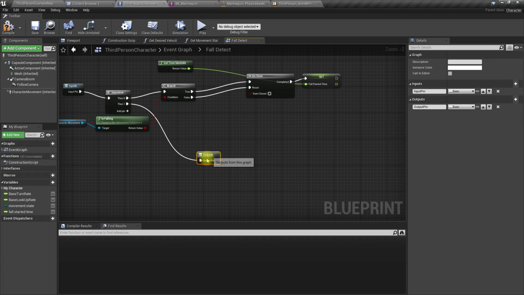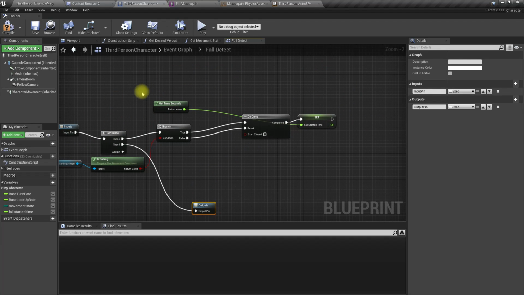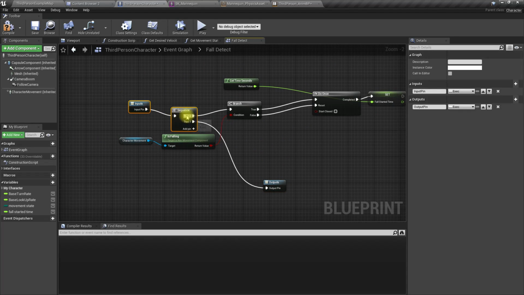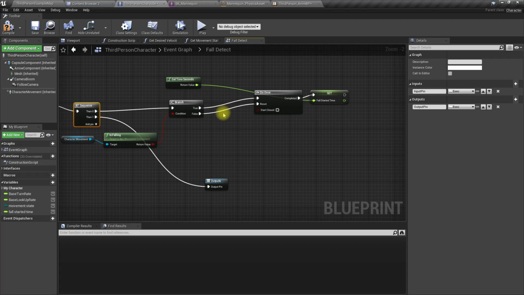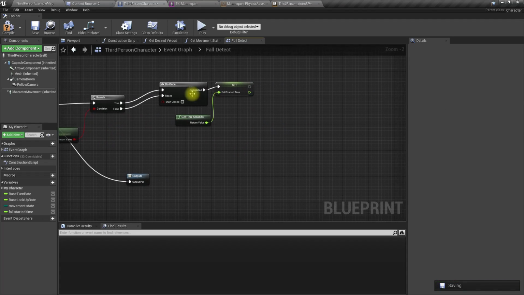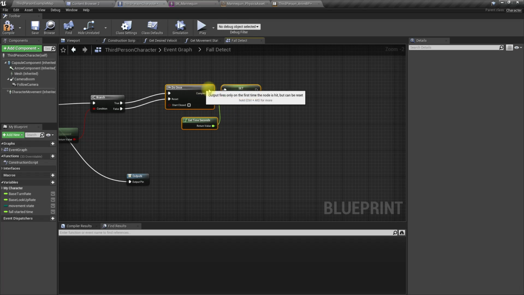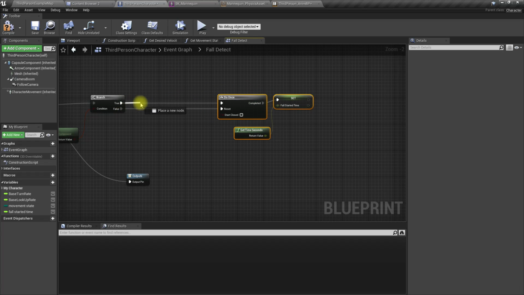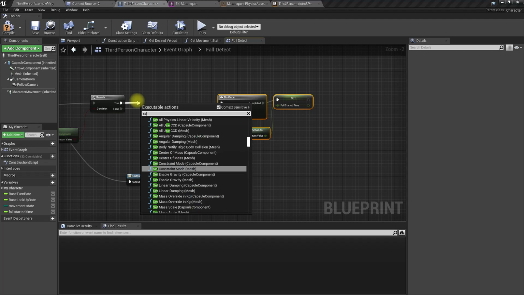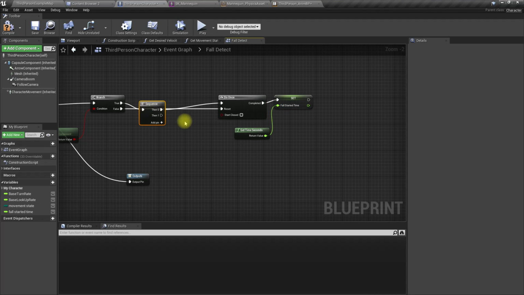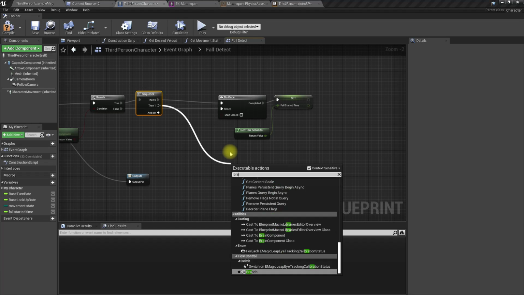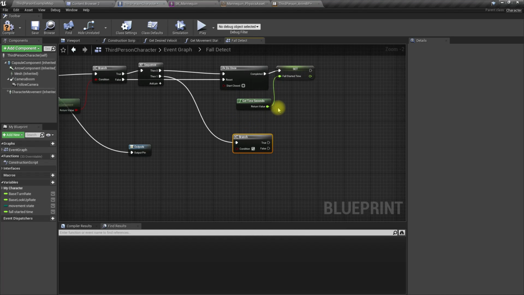Like this. So we don't have to worry about exiting the execution after this condition check. Okay, so we need another sequence here. So in this sequence we have to do another check.